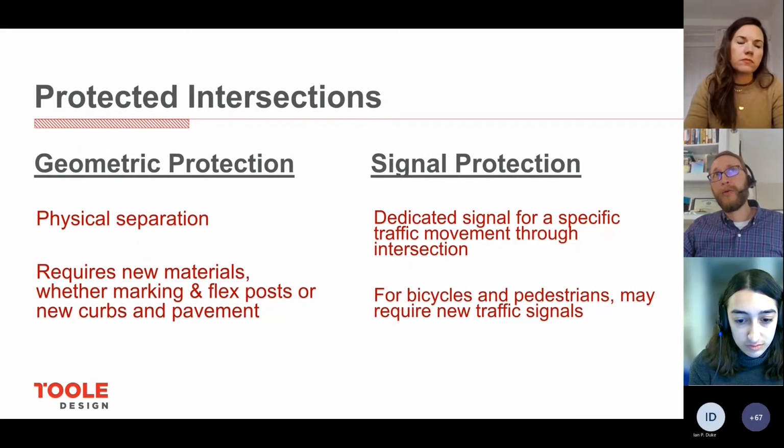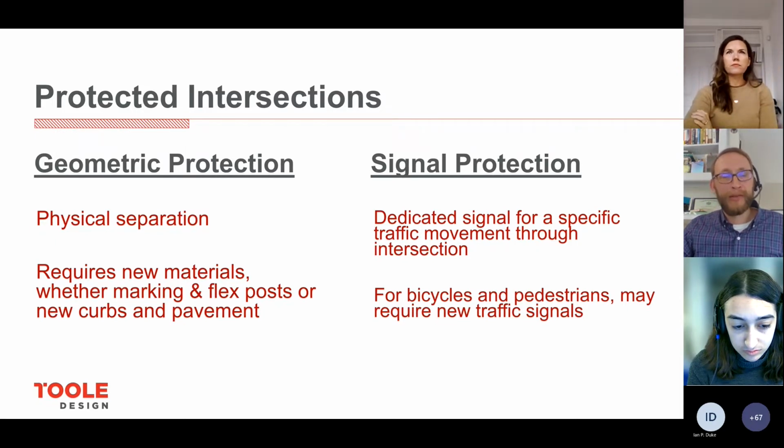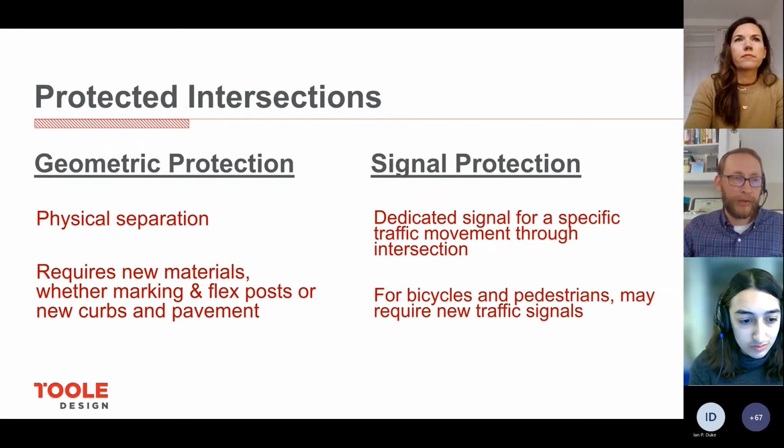And so as we think about protected intersections, there's really going to be two fundamental approaches to make this a success. The first one is the geometric designs, and that's those design elements that I quickly stepped you through, the 1 through 8. That's what's going to create physical separation between a crossing pedestrian and bicyclist and those turning motorists. And these types of designs will be achieved through either quick build with pavement markings and flex posts, or through reconstruction projects or more substantive projects, building curbs and doing some reconstruction at the intersections to create all those fundamental